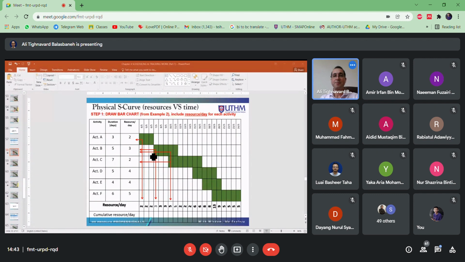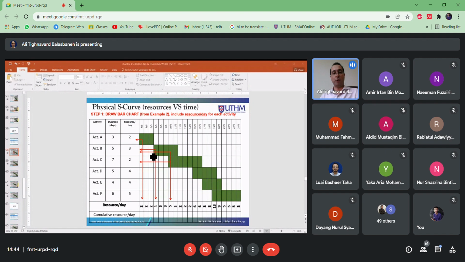So let's see. Day 1, 2. Second day, also 2. Third day, okay, same, 2 workers. Now let's move to activity B. 3 days, 3 days, 3 days. But on the next day, there are 2 activities running at the same time, right? So the cumulative, the sum of those 2 numbers will be your answer. 3 workers from activity B on this day and 2 workers from activity C on this day will be 3 plus 2, 5. And if you continue, you can find the number of workers that your project needed until the last day. So on day 19, you need the most number of workers on your project, which is